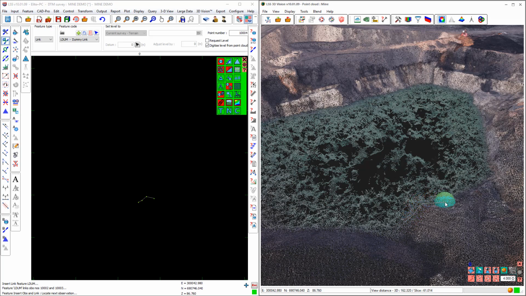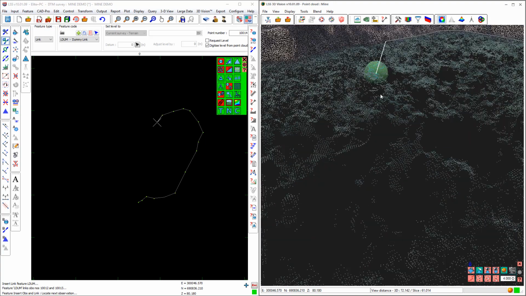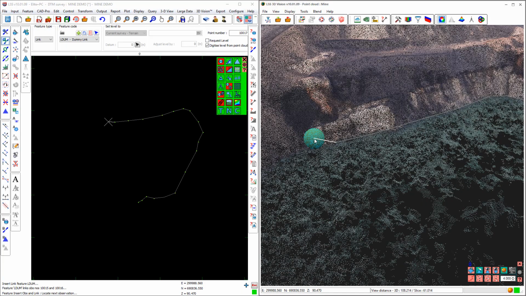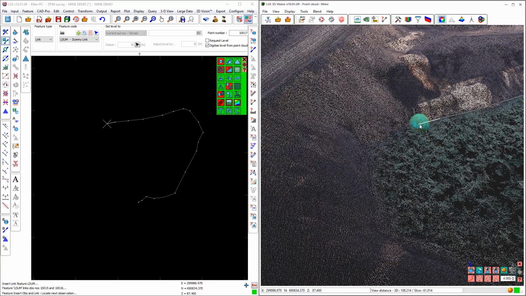It's up to you how you want to do this. Some people actually navigate so that the point cloud is upside down, because sometimes it's easy to find these objects from underneath. So it doesn't matter where you digitize from. You can do it from the other side, or you can do it from directly above, or however you want to do it. So just moving around just so I can hopefully find roughly the edge of this watercourse, and